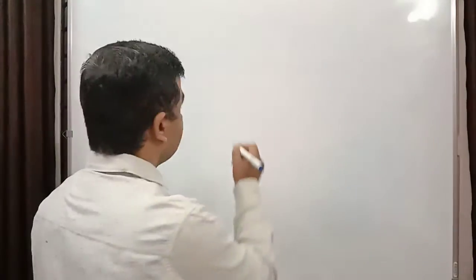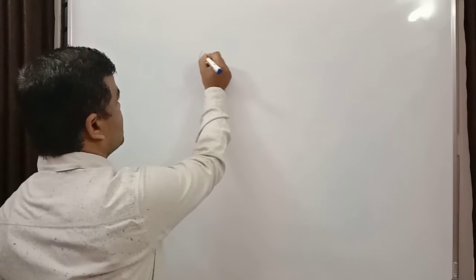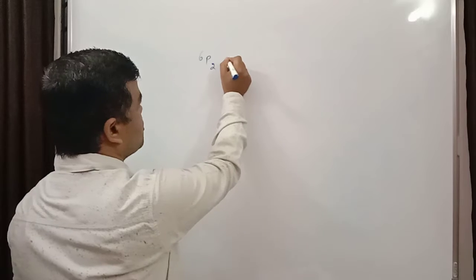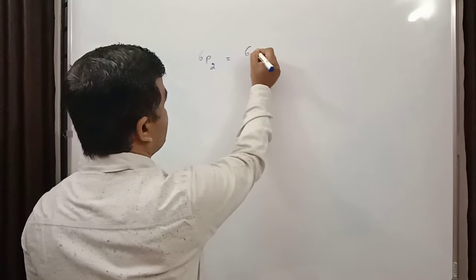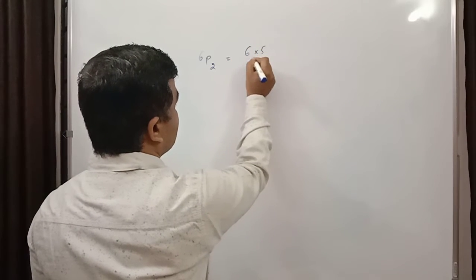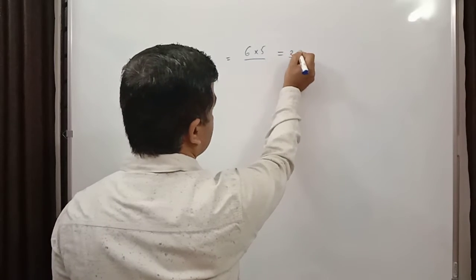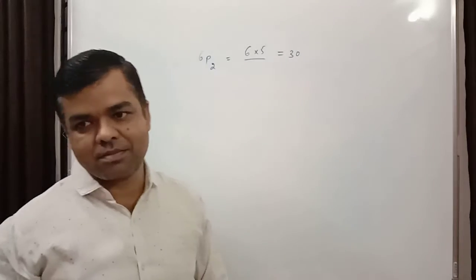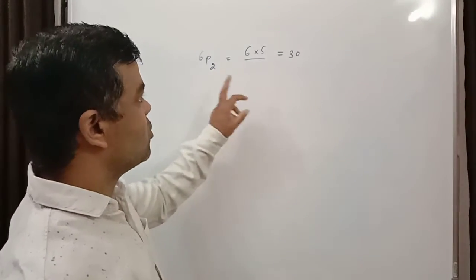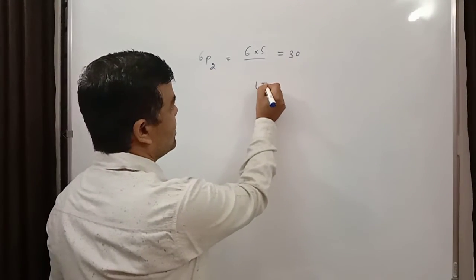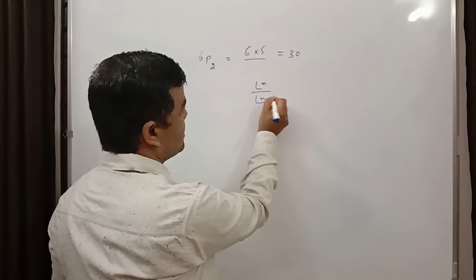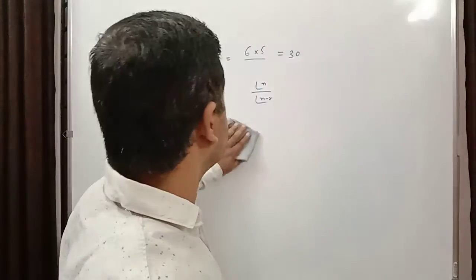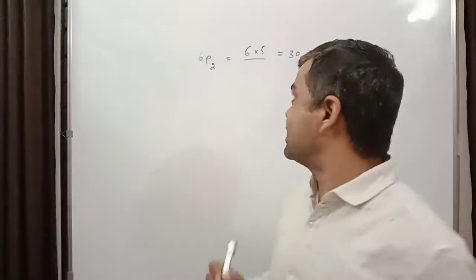Suppose 6P2 is given. The formula is, but don't do the formula, just do 6 into 5. The answer will be 30. Here 2 is given, so 6 into 5, and the answer will be 30. There is no need to remember n factorial divided by (n minus r) factorial. Directly write 3 terms here if r is 3. Okay, clear? I think it is clear.